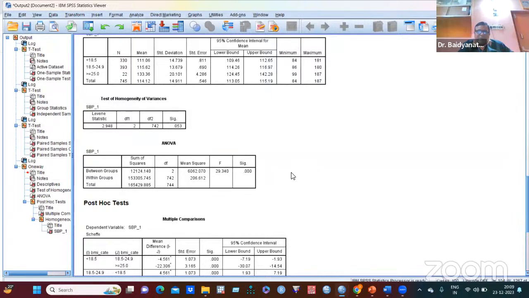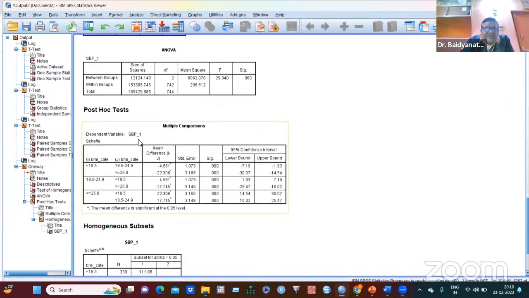If we perform the test and the F value is significant, that means at least one pair has a significant difference. If it is not significant, there is no significant difference between any pair. So check whether it is significant, then go to which pair is significant. We go to the post hoc test further,